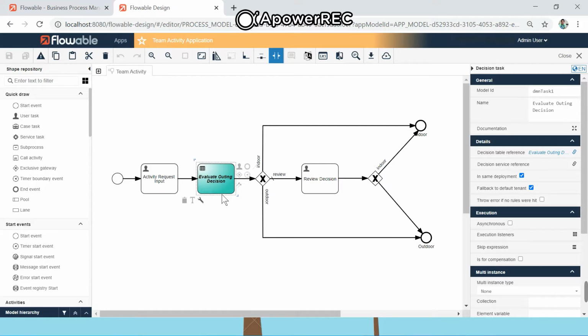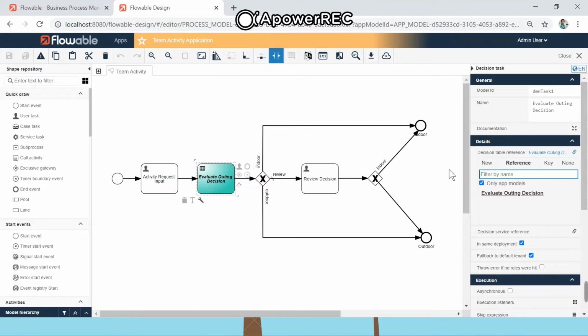You can create a decision table and then have a decision table reference in the decision task in the details section.